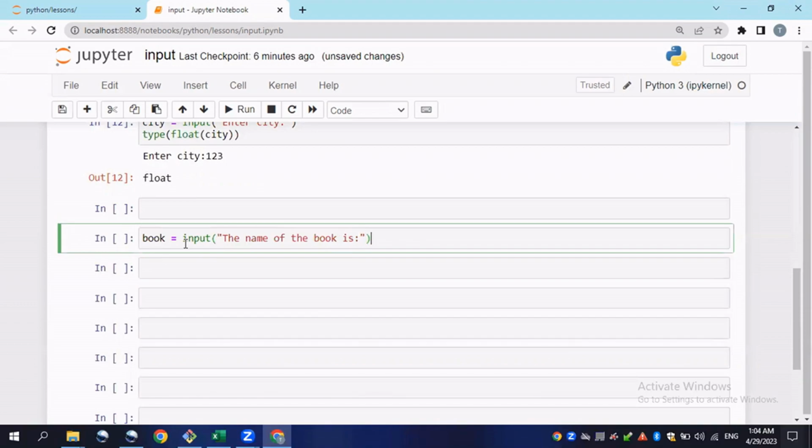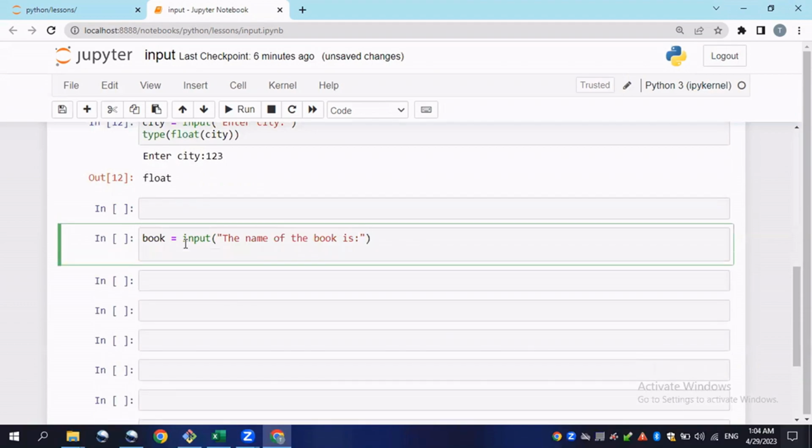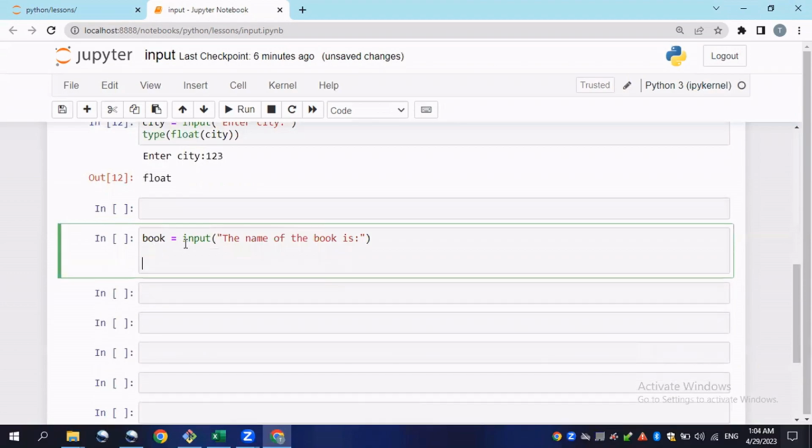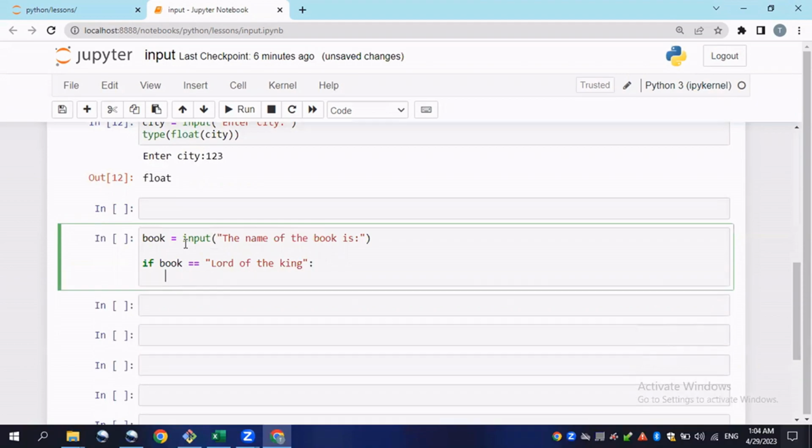And now I want to give a condition here. If the book equals, as an example, Lord of the Rings, then print me yes,